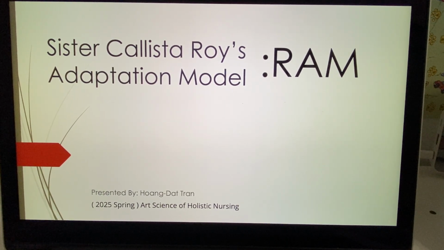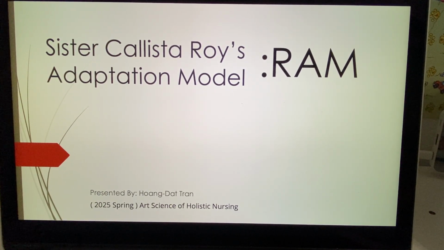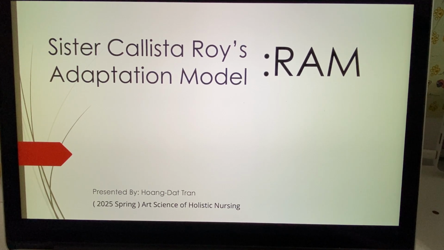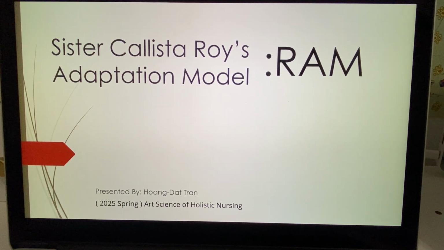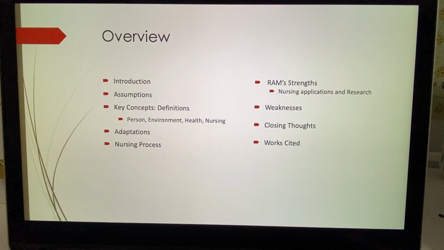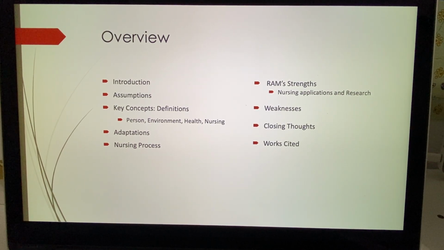Welcome to Sister Callista Roy's Adaptation Model, also called RAM. My name is Huang Dat Tran, and I invite you to learn about how interactions between persons and their environments relate to nursing care. This presentation will begin with the introduction, followed by a discussion of the model's assumptions, then